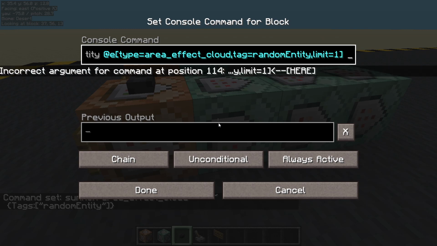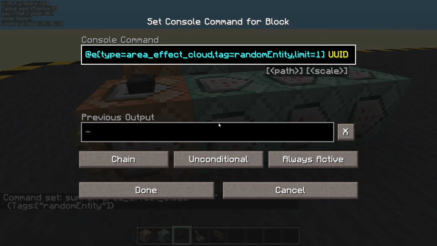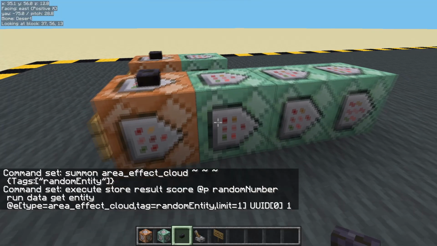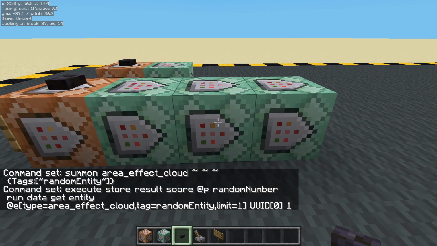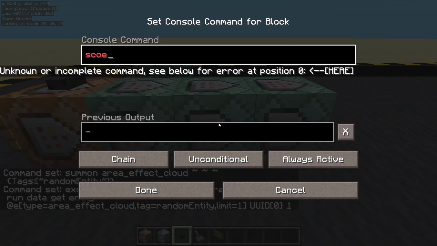What do we want to get from it? Well, I want to get its UUID, and I think UUID has 4 different values. We're just going to take the first value and a scale of 1. That's fine. Okay, done. And then we'll go into this one, and we will scoreboard,